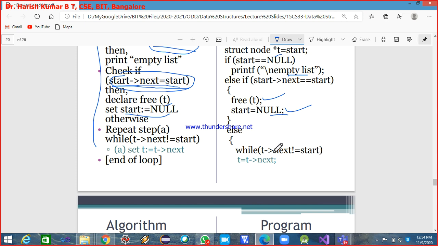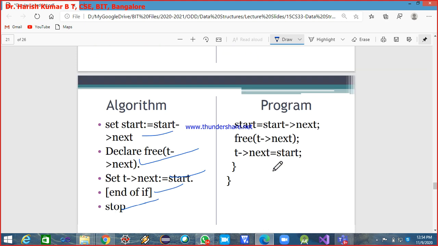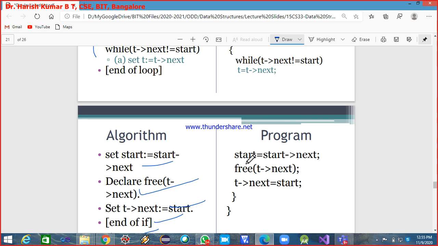The moment it is equal to start, you stop and then make start point to the next node. Start is equal to start arrow next, and then free the current first node, and then make the next field of the last node equal to start.